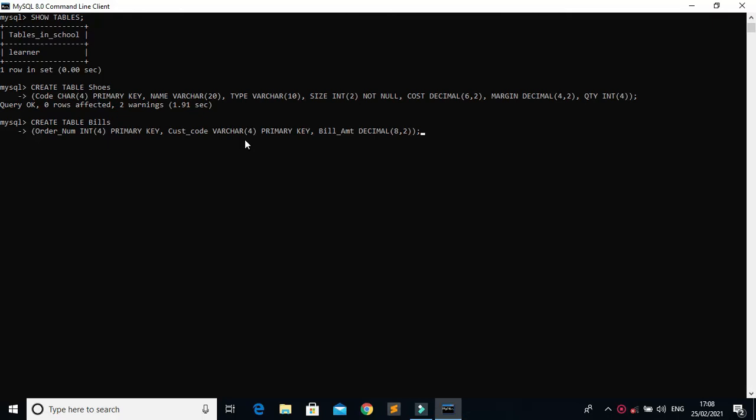For this, we have to remove this primary key from here, and from here also.